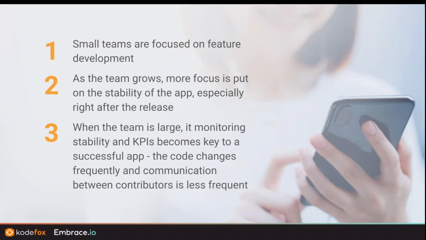And so as these teams grow, it becomes more and more important to monitor and measure these things so that there are some guardrails that will indicate if something goes wrong. And with these teams, the faster a team is able to identify an issue and then point to the person to fix it, the more successful that mobile team is. It doesn't end up getting plagued by the same issues over and over and over again.